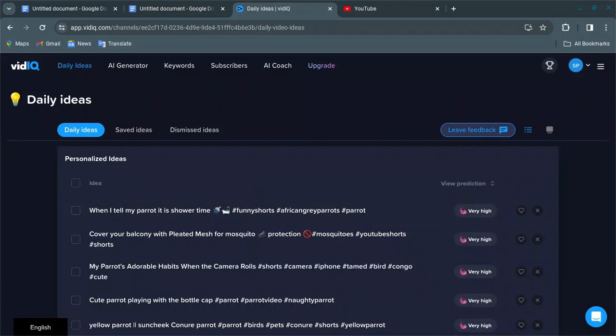So recently I have got a vidIQ Boost version. Boost means there are three versions of vidIQ: vidIQ for free, vidIQ Pro version, and vidIQ Boost version. So when you use vidIQ Boost, you will be getting all the features of vidIQ Pro, right? So here